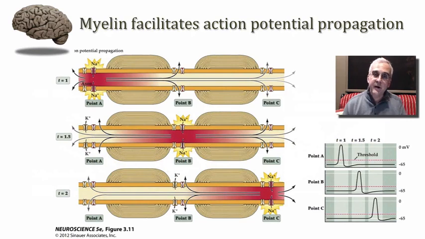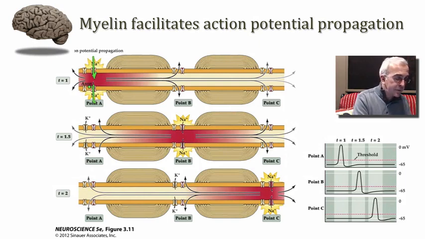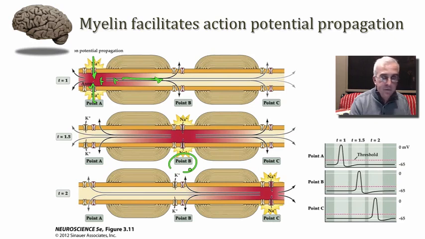Consider a similar kind of experiment, looking at a length of axon at 3 points in space along the length, but also at 3 moments in time. And consider what happens when a stimulus is applied, let's say, to point A. So when this happens, as we saw previously, voltage-dependent sodium channels open, sodium rushes in, and positive charge now can very effectively and very rapidly passively diffuse down along the length of myelinated axon until the next node of Ranvier